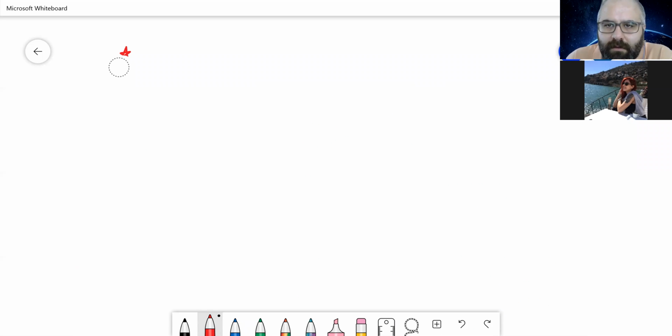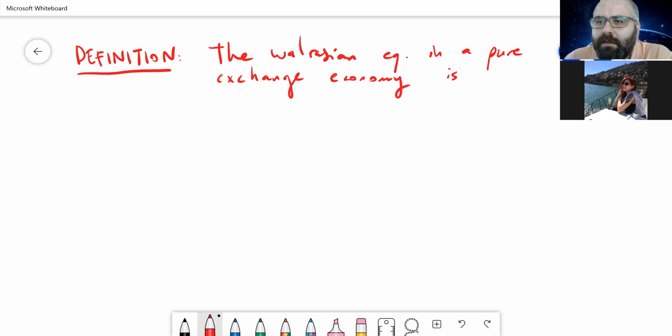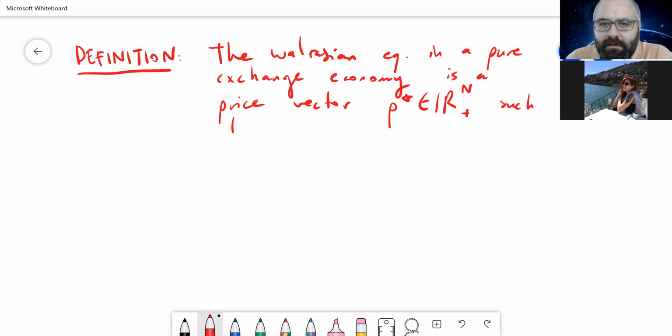The Walrasian equilibrium in a pure exchange economy is a price vector P star such that